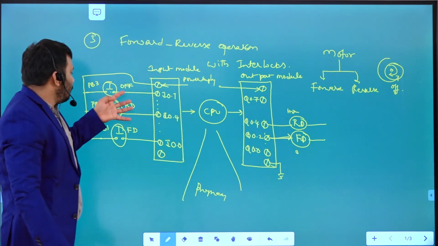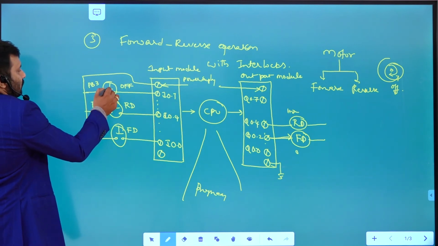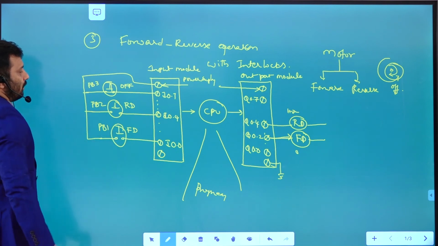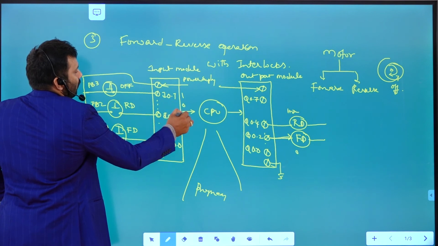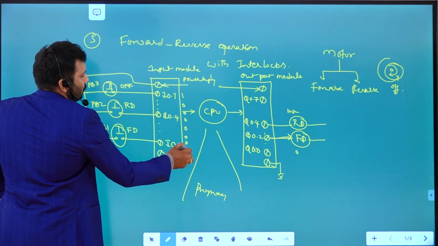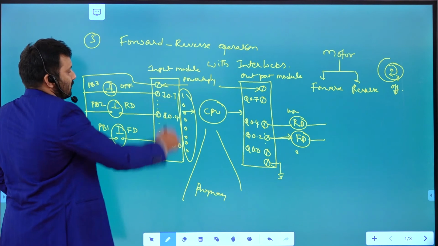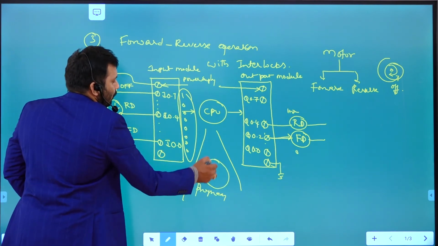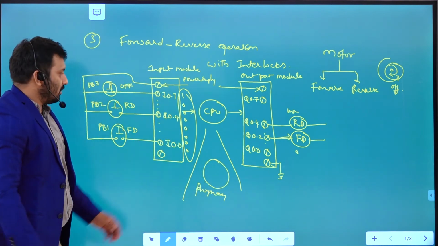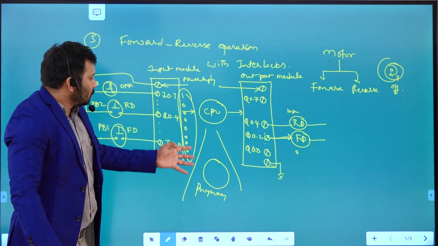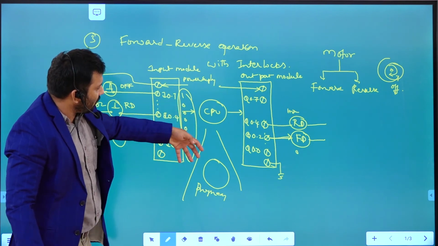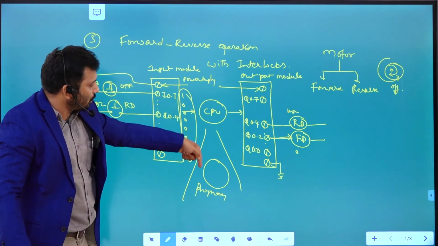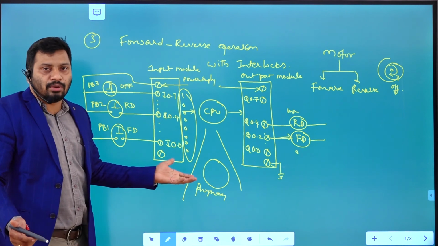Based on this particular input, for example, this is open condition, this is closed condition. This one is open and this one is open. Then what is the input data? This is going to be 1, and the remaining are all zeros. That is going to become the input image table to the program you wrote on the next page, previously. So this is going to become the data for this particular input. Due to this input data, what will happen? Only I 0.7 is going to be activated. Remaining all are not going to be activated.